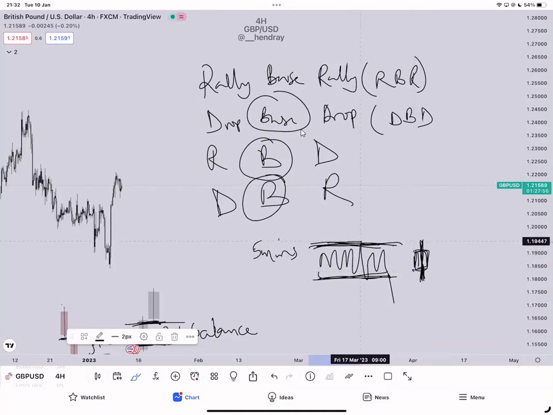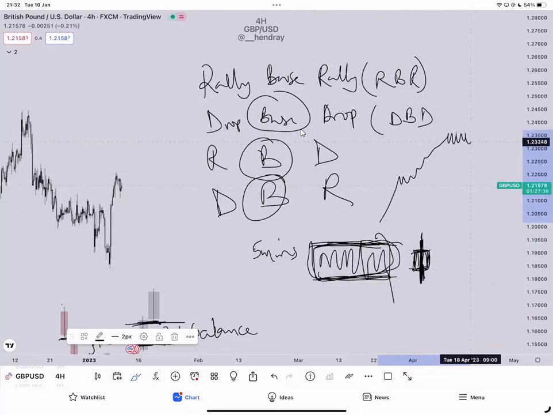So on a lower time frame, it will appear as a consolidation, as a big structure like this. But on a corresponding higher time frame, it is just a small candle like this. So this is a base candle. Is that understood? So a rally-base-rally is simply a bullish move,